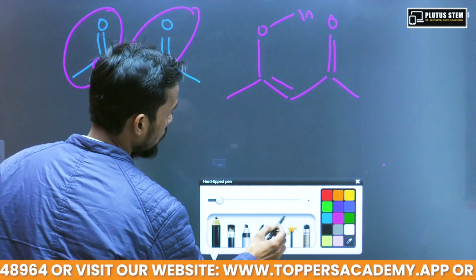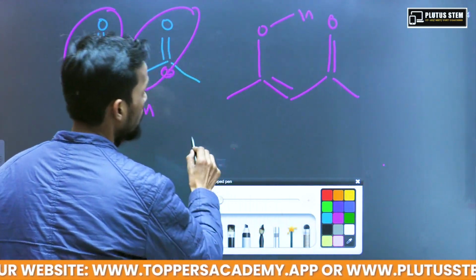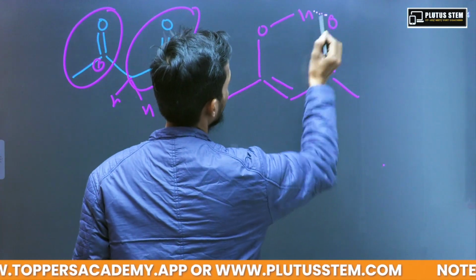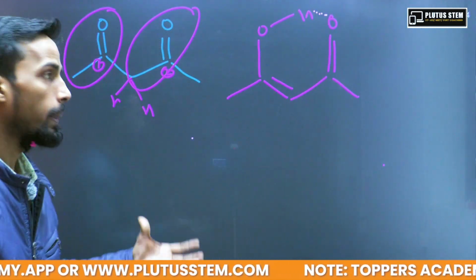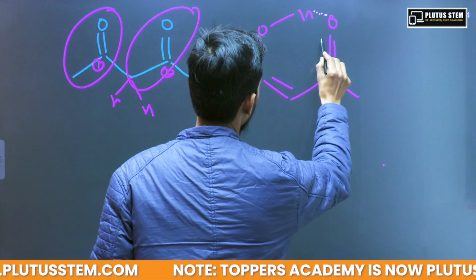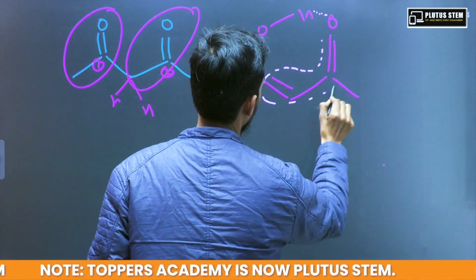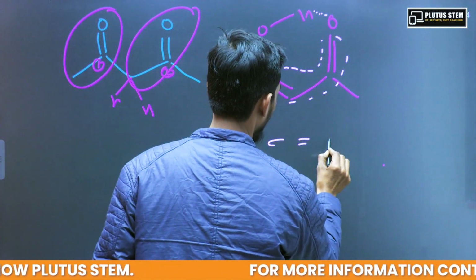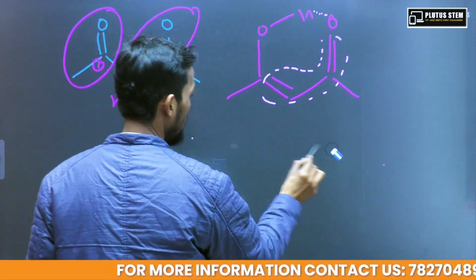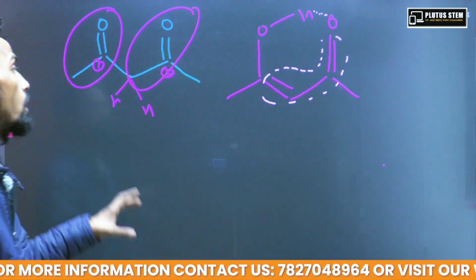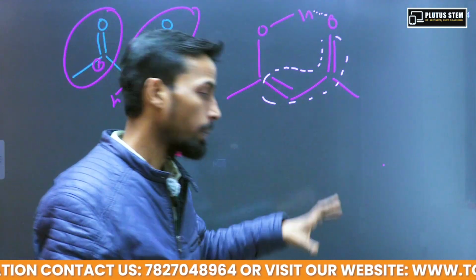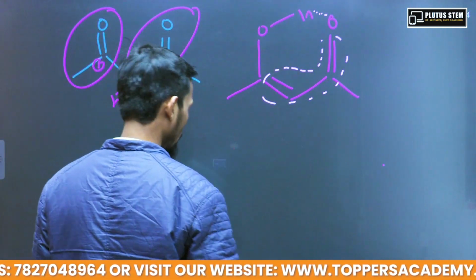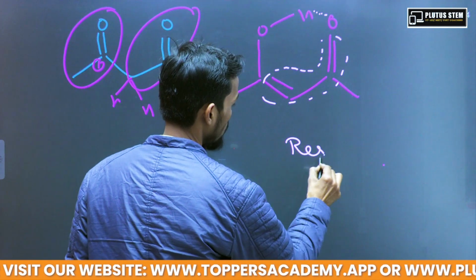And this is also a stable compound, if you see. Due to this, some extent of hydrogen bonding is there, and some conjugation is also there. Double bond, single bond, double bond, sigma bond, pi bond, sigma bond, pi bond, which means some conjugation is also being seen. So to see the stability, the thing which we are going to visualize over here is resonance,